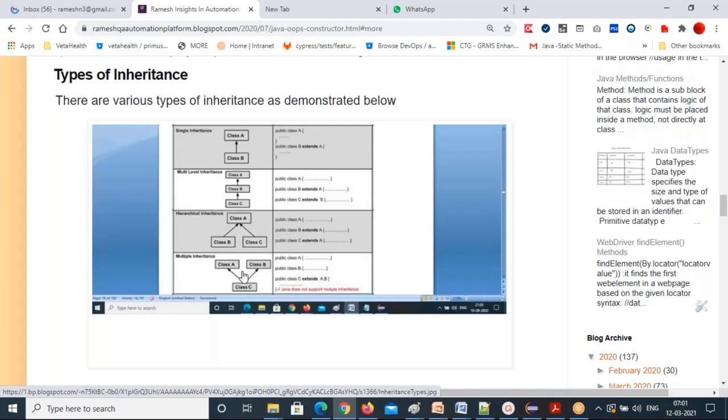That confusion is going to arise. That is the reason they are not supporting multiple inheritance in case of class. The other place where it will support multiple inheritance is in case of interfaces. I'll tell you that. Okay, is it clear? Yes, sir.